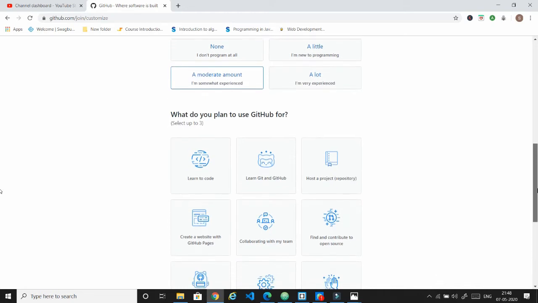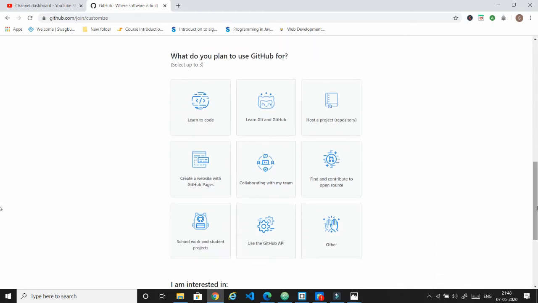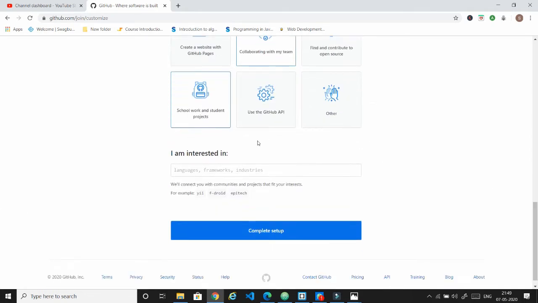What do you plan to use GitHub for? Host a project, and you can select multiple. I am just using it to host a project only. Others are collaborating with my team, school and products, or learn to code. You can select only up to 3. So I'm just selecting this, and I am interested in languages like full stack development,